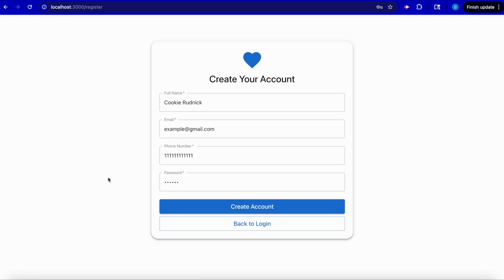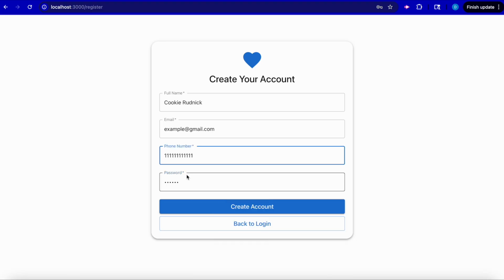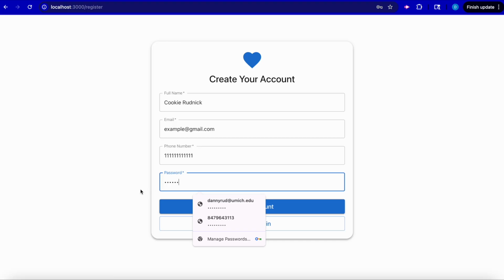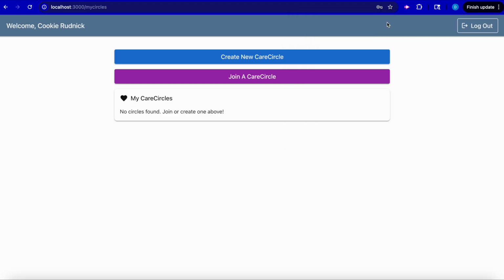You can't see the back end and how that works behind the scenes, but we use Flask for the back end of this app and a SQL database that stores accounts, tasks, CareCircles, all the things that need to get stored. And obviously passwords, we store hashed and salted so they're secure. So our app's pretty up to date with current industry standards, and we're pretty proud of the final product we've created. So I'm going to click create account, and as you can see, we have Cookie Rudnick's homepage